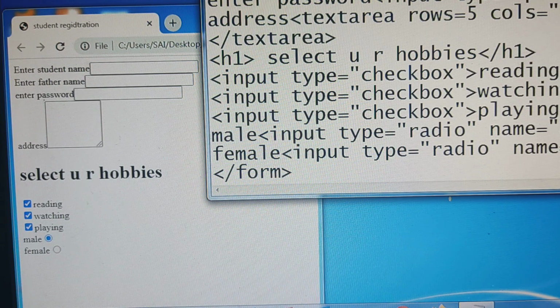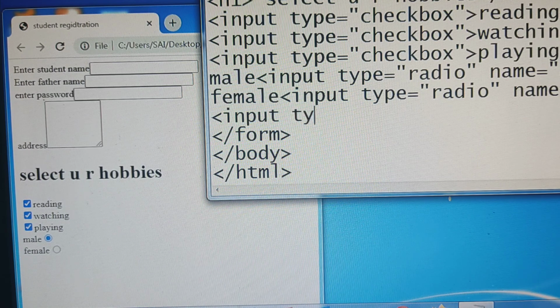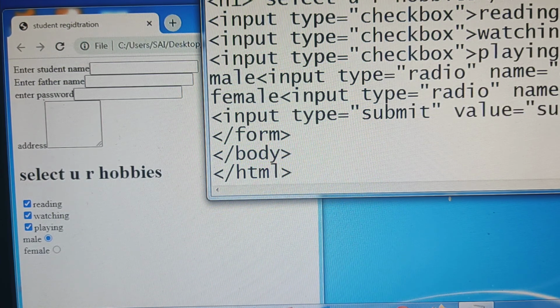Now the next input fields are submit and reset. Input type equals to, what type of input is it? Submit. So when you click on this, whatever input you have previously selected will be sent to a server. Submit, value equals to submit, which is nothing but the label on the button. Save it.